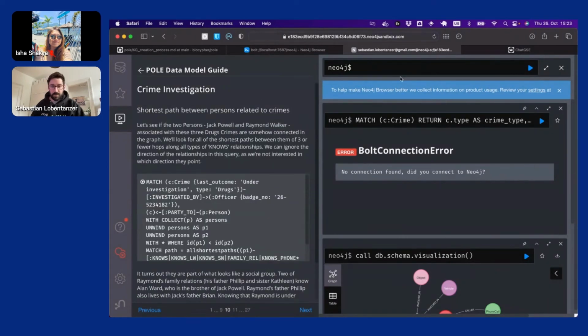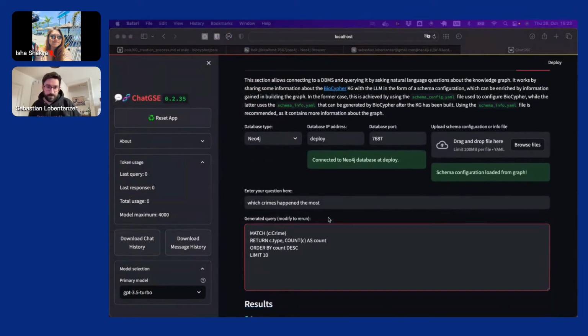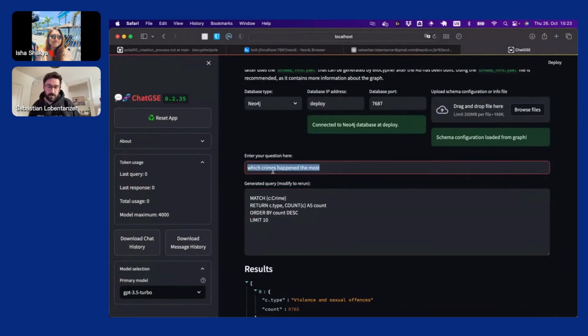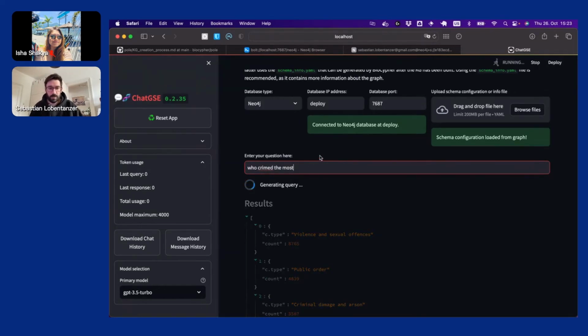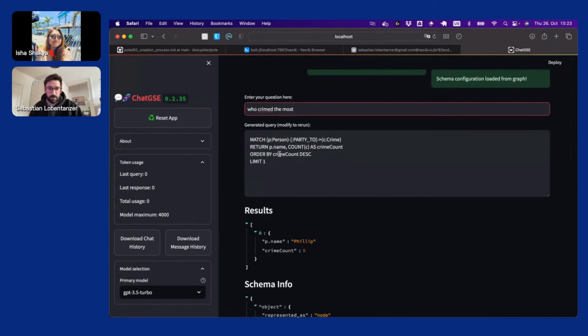What is interesting about this connectivity, I think, is that the language models appear to be understanding fairly limited questions. For example, if I enter who crimed the most, which barely contains any information about what the relationships and nodes are called in the knowledge graph, it still manages to create something that works.